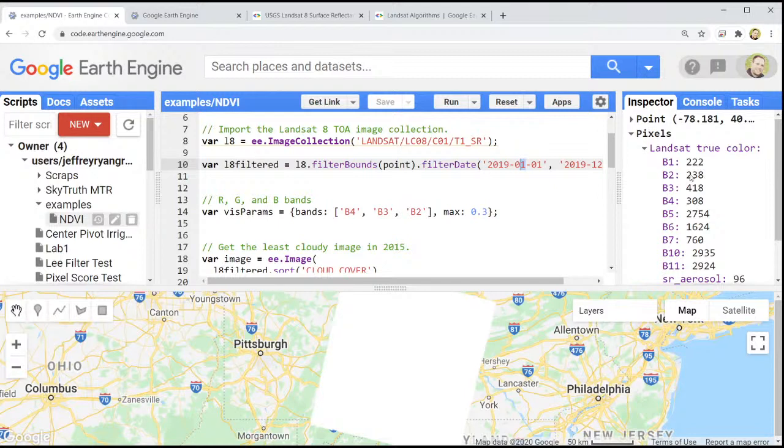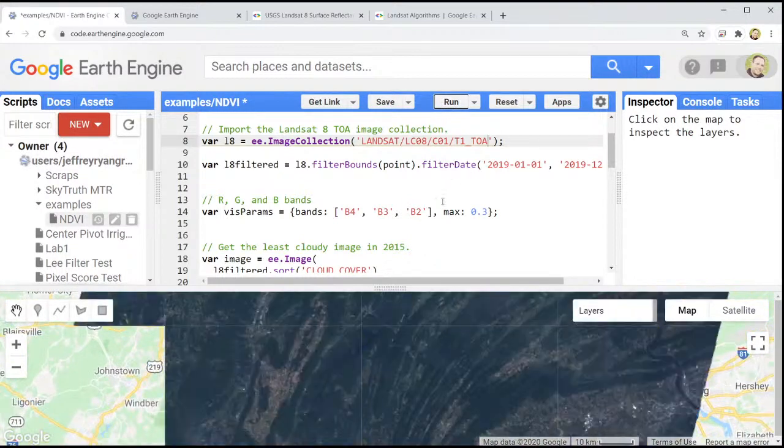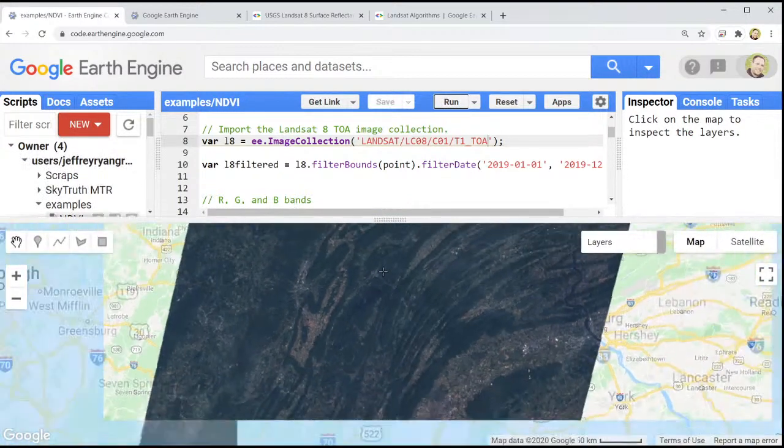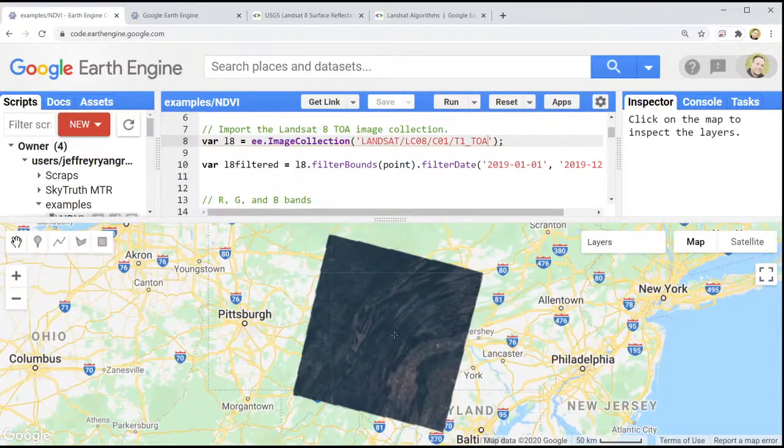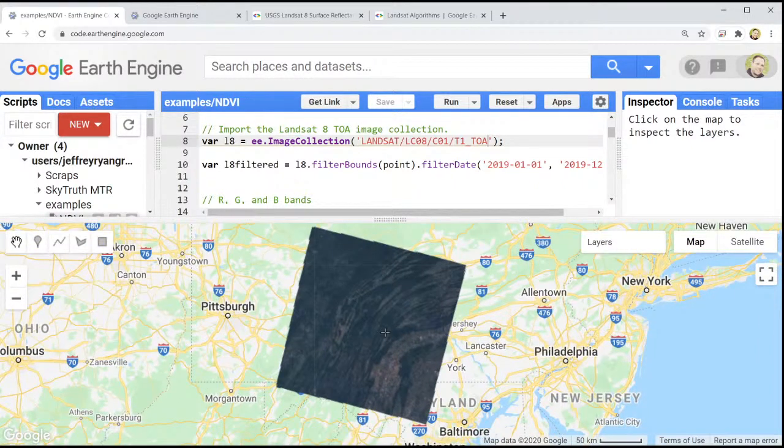I've got to rescale my images here. Well, let me just change back to top of atmosphere. Then I don't have to worry about the scaling factors too much. There we go. All right, so it's not really going to be that true to the surface, but